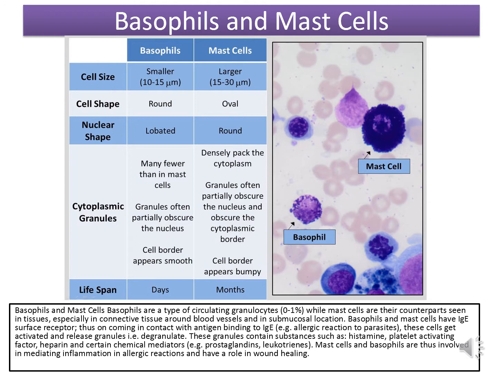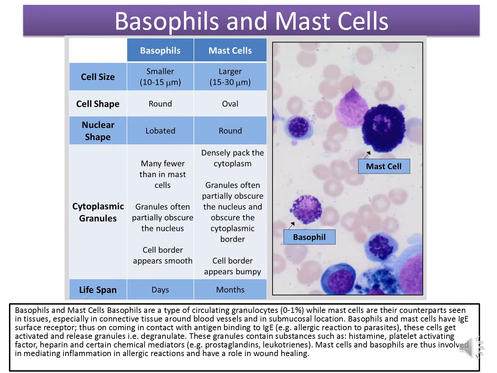Basophils are a type of circulating granulocytes, and mast cells are their counterparts seen in tissues, especially in connective tissue around blood vessels and in submucosal locations. Basophils and mast cells have immunoglobulin E surface receptors, thus on coming in contact with antigen binding to immunoglobulin E,